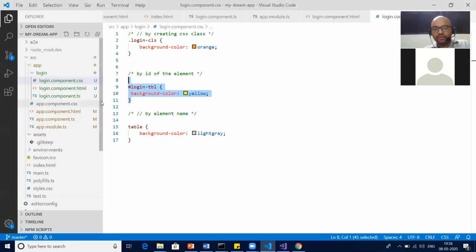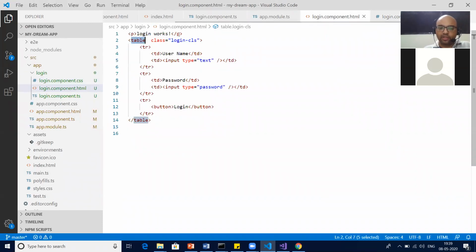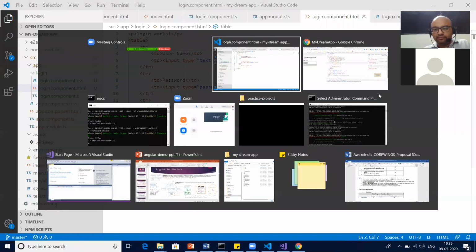Why? Because the second priority is given to class. If I comment the class, if I go and remove the class also, now of course element is left. So now the priority will be given to the element.